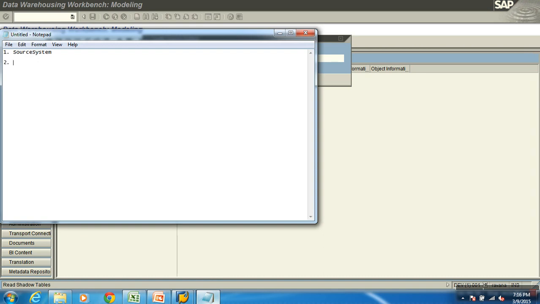Okay, I'm done. Next, I need to define a data source. Again there is a space between the words. What do you mean in English? Data source is a source which gives you data. If I write it like this, it is a component of BW. So what does a data source mean with respect to BW?